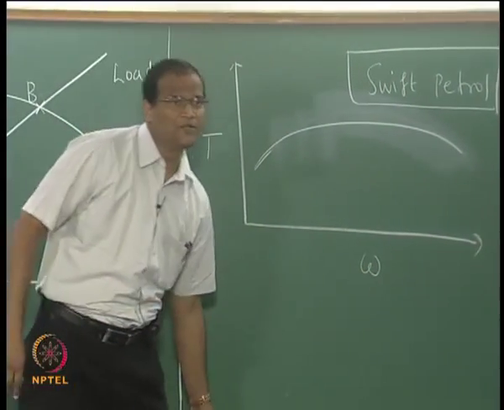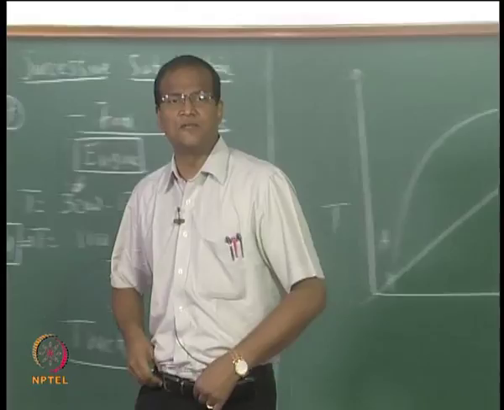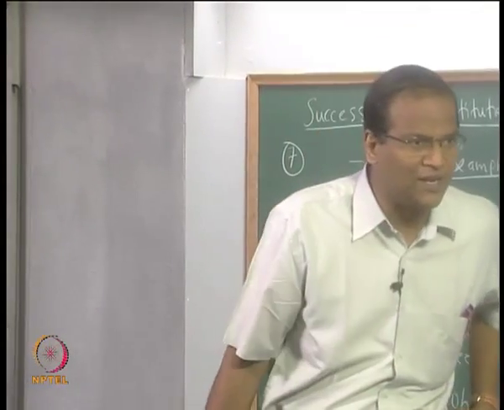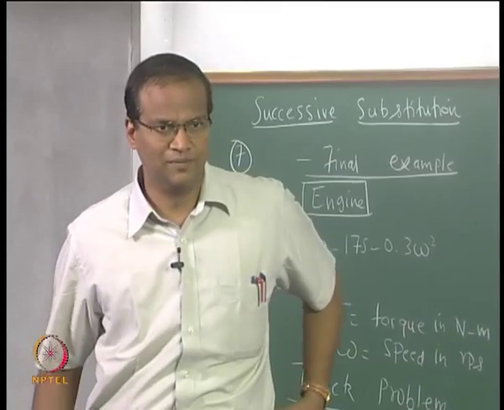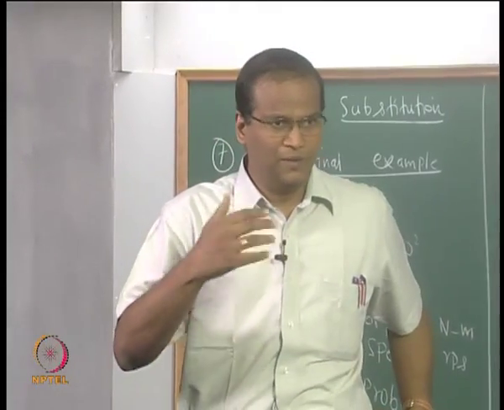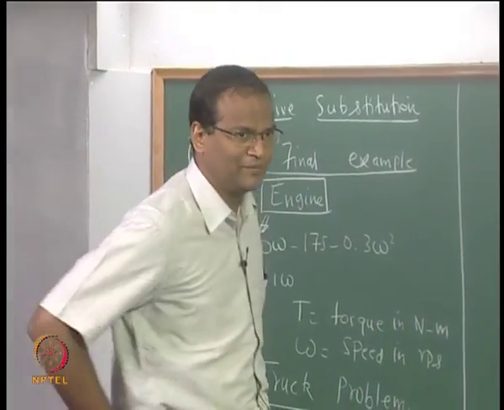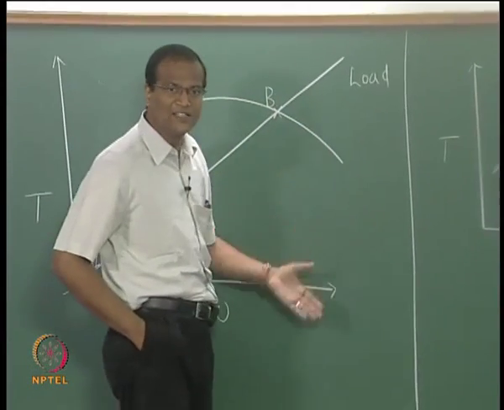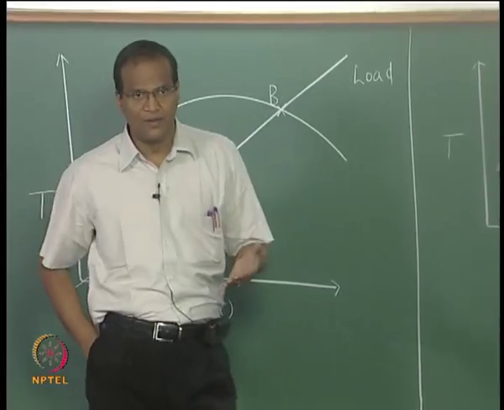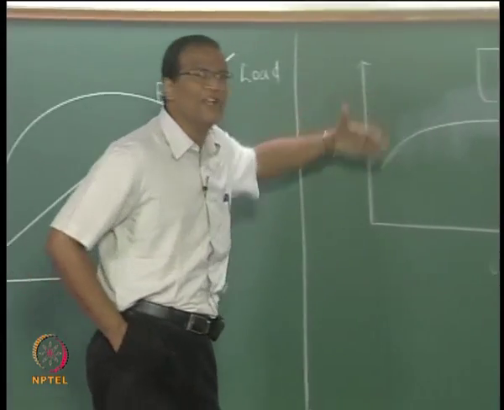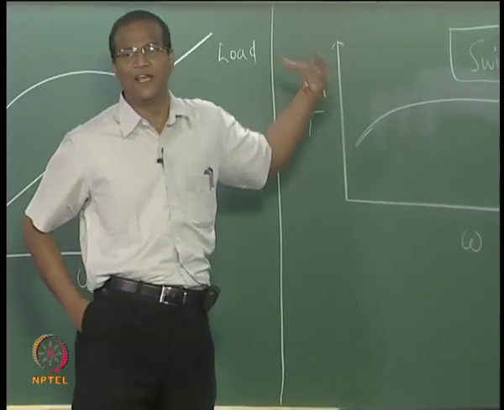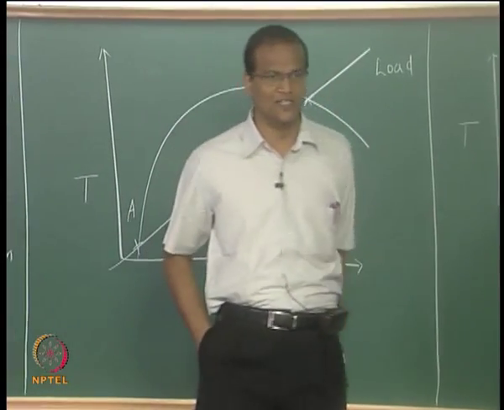The Swift has an excellent torque speed characteristic because at high speed also it gives good torque. Torque gives you the ability to accelerate, so it won't be sluggish. So it will have the zip throughout. Once the torque speed characteristic shows a trend like this, once you cross this, there is a tendency to have less torque, correct. But the goal of any automobile designer is to have as flat a torque speed characteristic as possible, but subject to other conditions and so on.